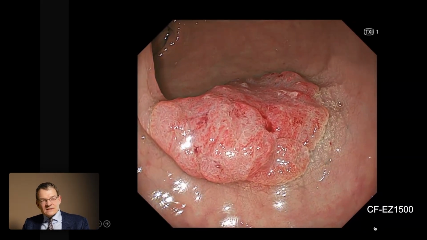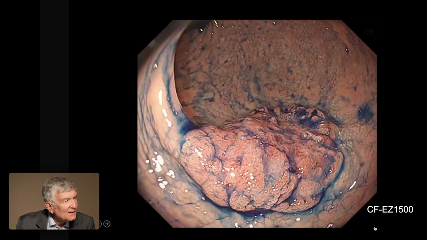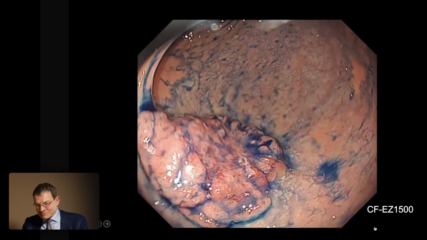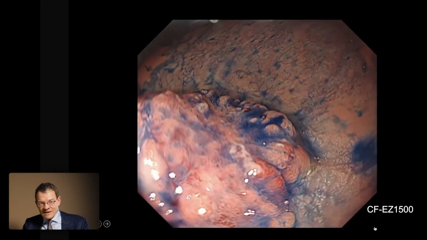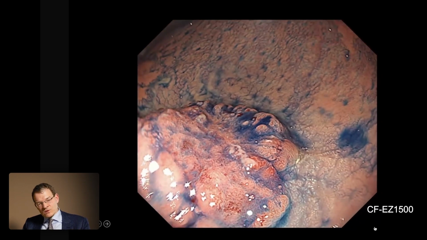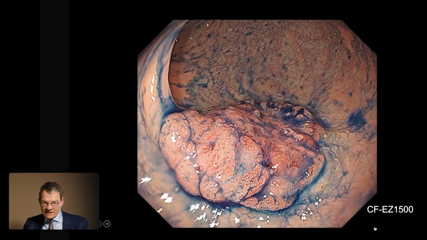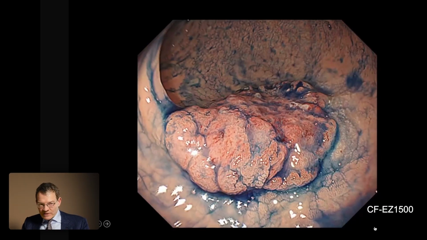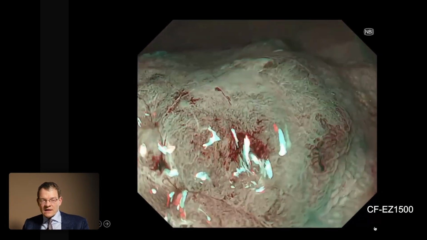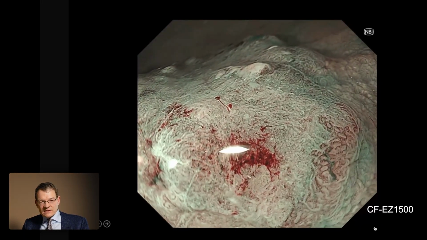And yes, here... What do the lymphatic vessels mean on the side? I think... Nothing. Not really. Yeah, nothing. I would also say nothing. So what I want to show here is we also use this indigo carmine, because with the indigo carmine you can better see the structures, especially in combination with TXI, and for sure now we are using NBI, and you nicely appreciate here this